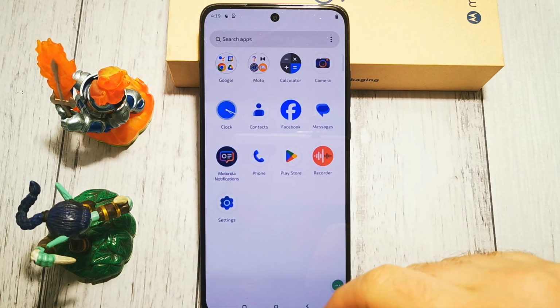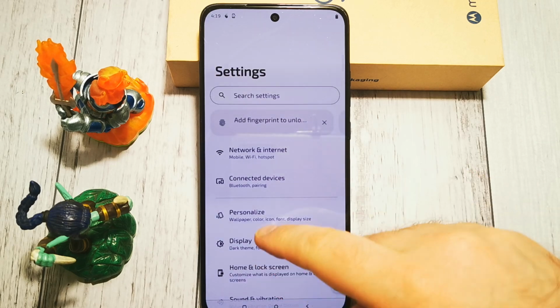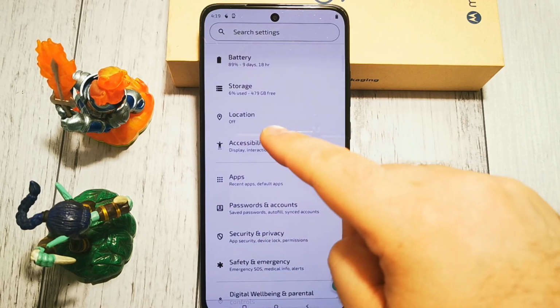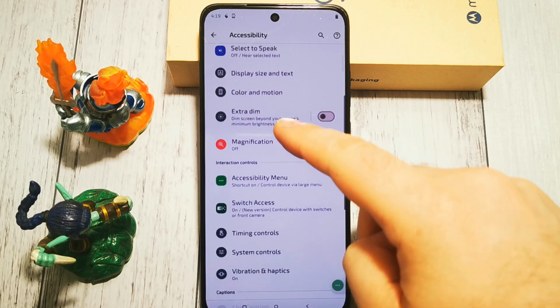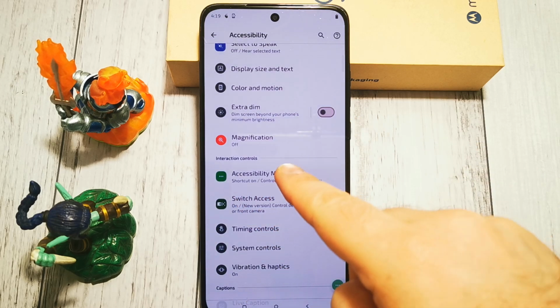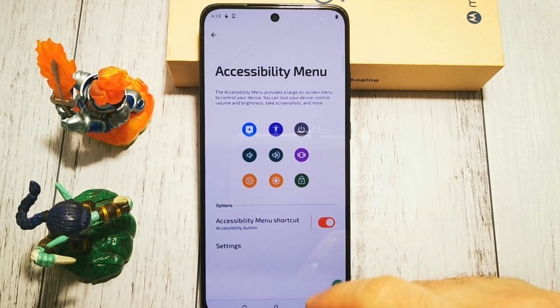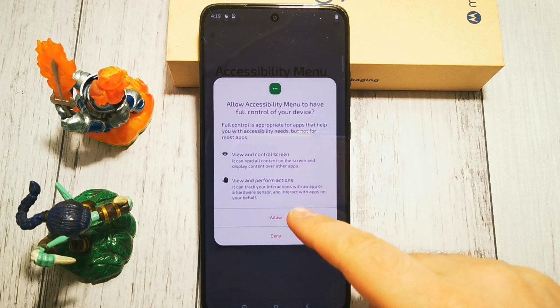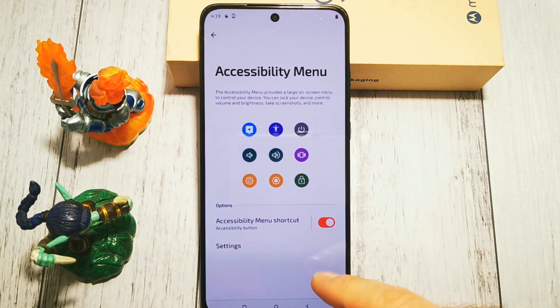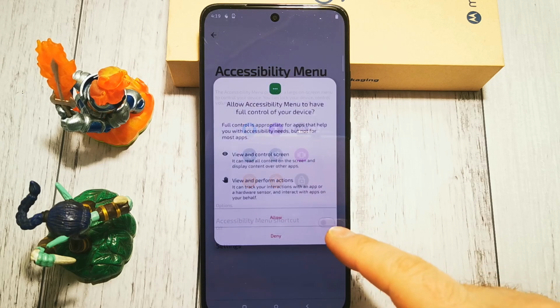First of all, we need to go to settings. Then in settings we are looking for the accessibility options menu. Next, in the accessibility menu we have our shortcut here. So we can turn it off by using this switch. As you can see, it's a simple on or off switch with an added menu